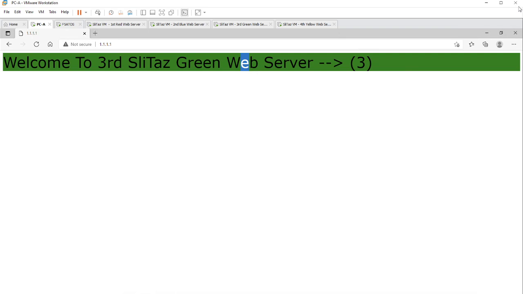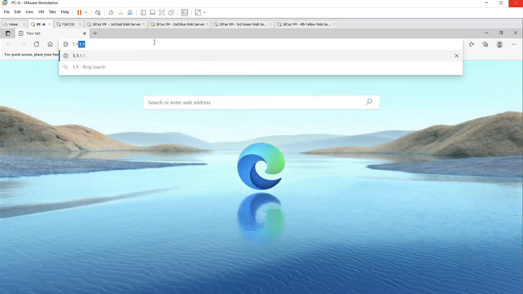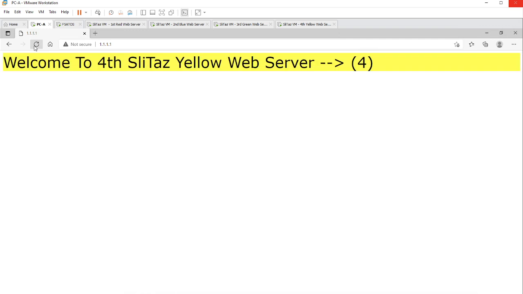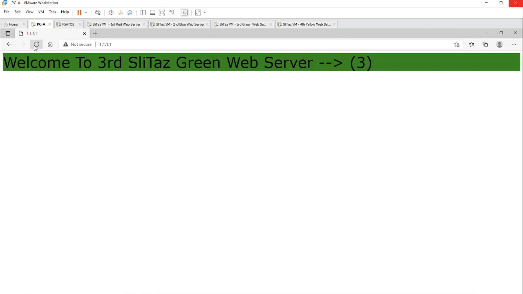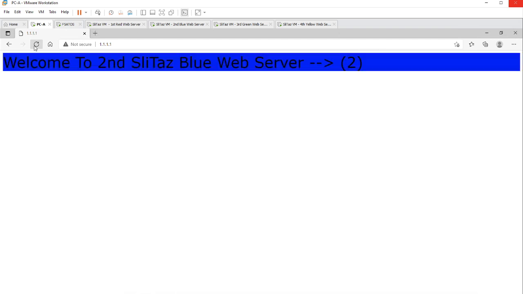Let's close the connection if you want. Let's close it. Then we will open up a new session. And then 1.1.1.1, just calling it, because still the connection tables are being maintained. I got into the green. It's supposed to be going to blue, right? So the first refresh goes to yellow, second refresh yellow, third refresh comes to green, not blue. Now it is going to yellow. You see that one, 4 connections are given to green now. Now yellow, yellow. Now it goes to the blue. Can you see that?